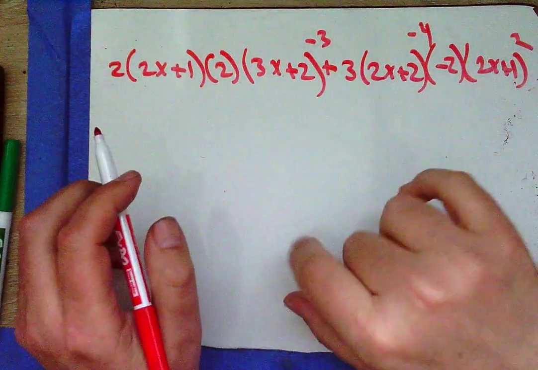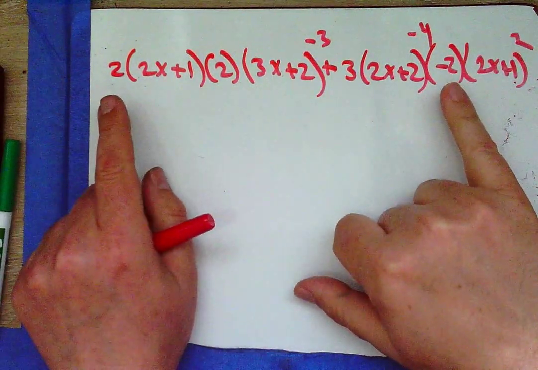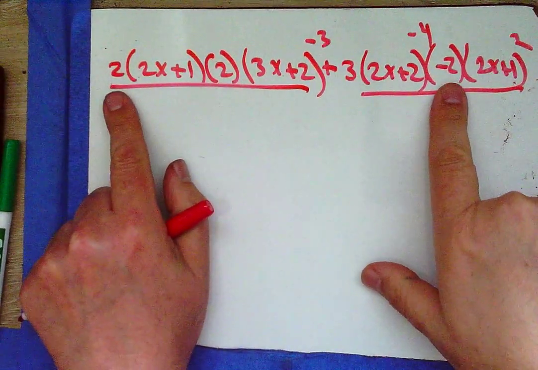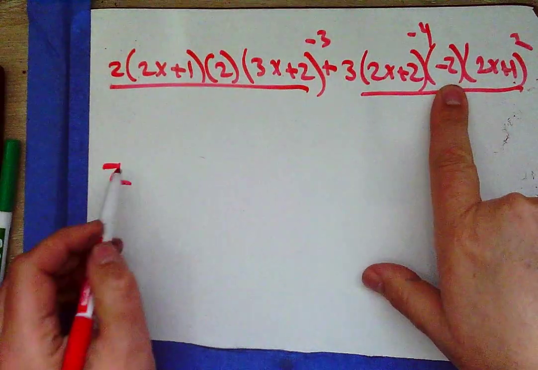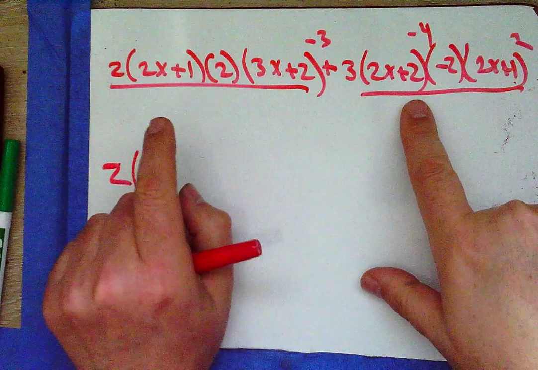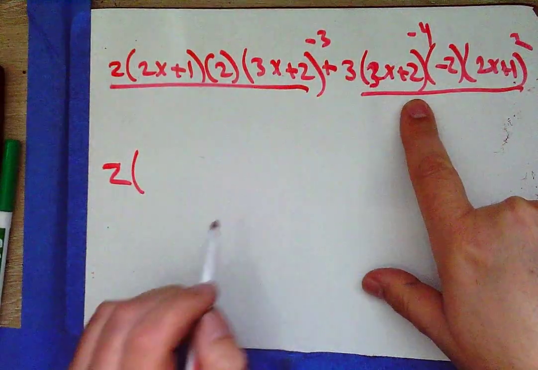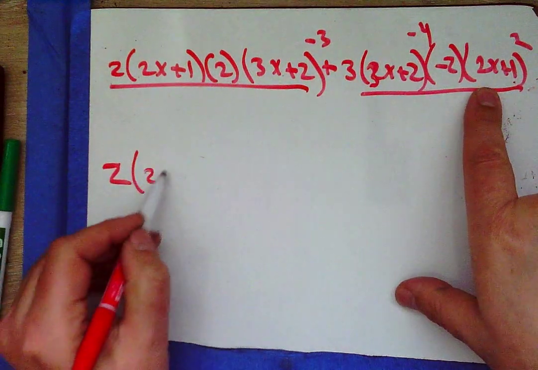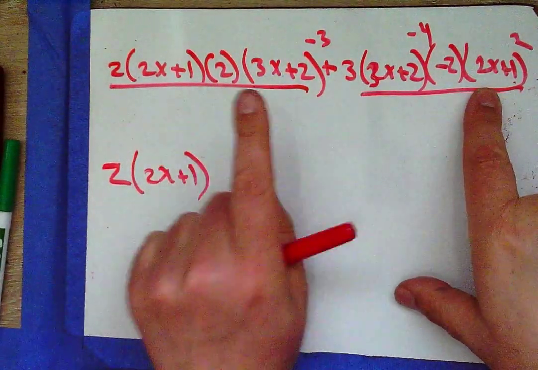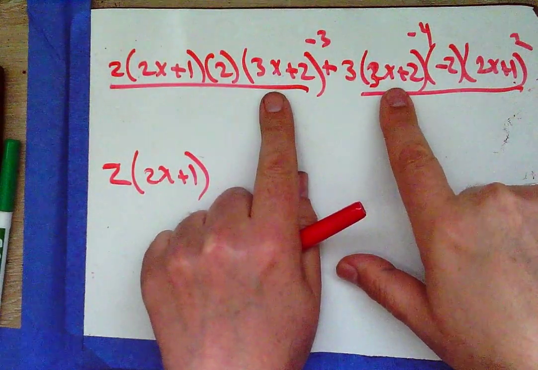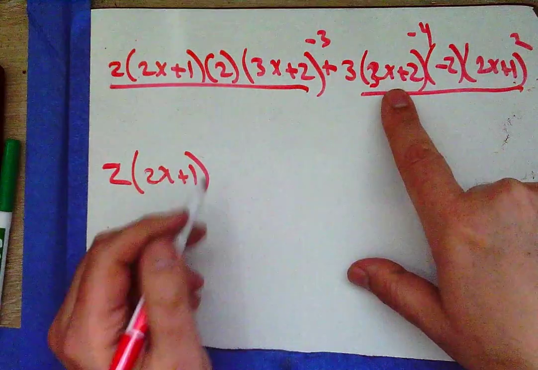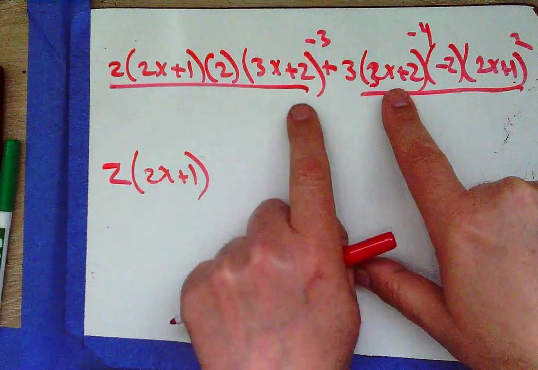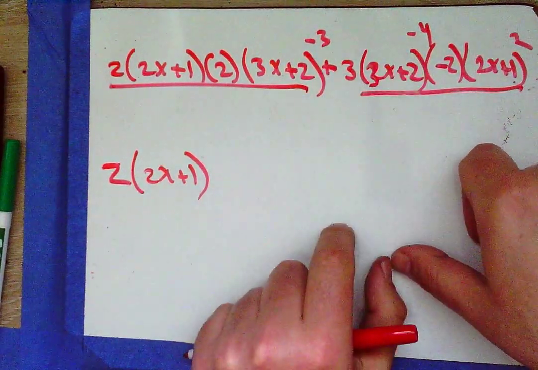Okay. Let's take a look at our two terms here. I can take a 2 out of both of them. I can take, that's a 3x plus 2, by the way. I can take 2x plus 1 to the first out. Now, what about here? Oh, yeah, this doesn't have a 3, but this has a 3, so I can't do anything with that. With the 3x plus 2 to the negative 3, or 3x plus 2 to the negative 4,